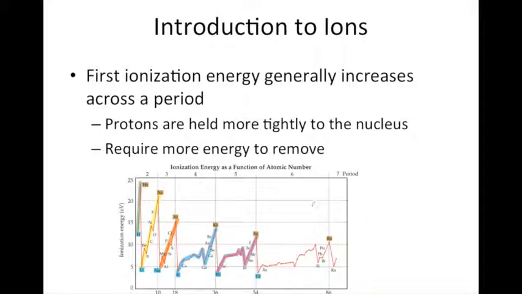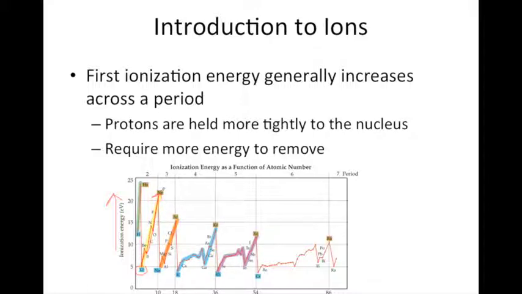You can see that also reflected in this table here. Here we have ionization energy, so as we move up, the ionization energy increases. So here we have lithium, and as we go from lithium, beryllium, boron, carbon, oxygen, all the way up to neon, in general, you can see the ionization energy generally increases. Now, as you go from neon to sodium,